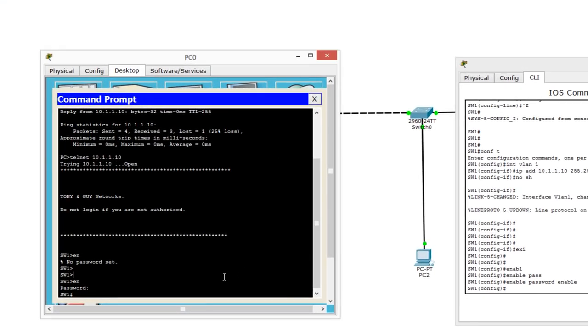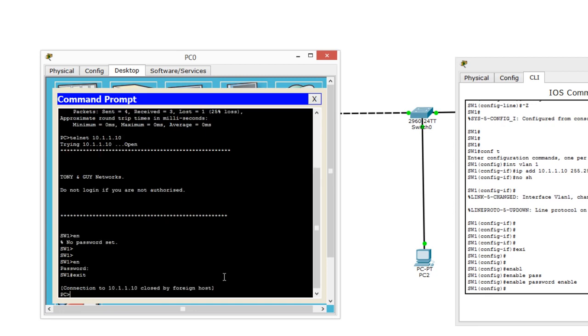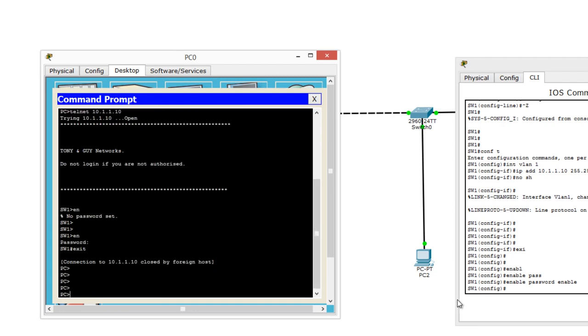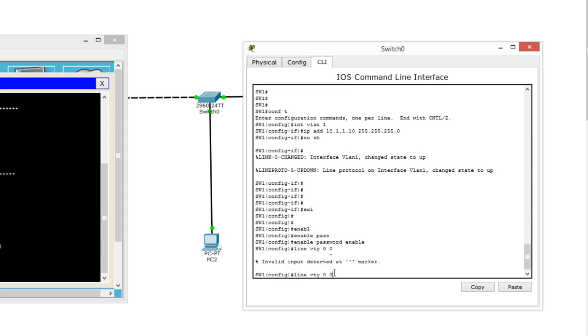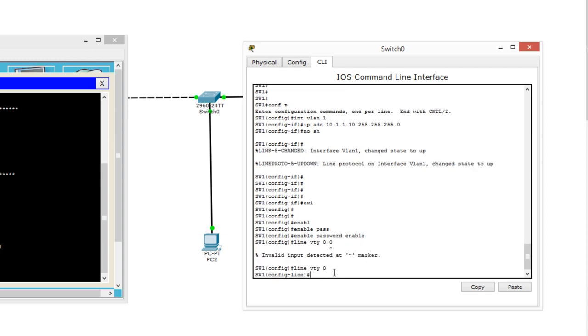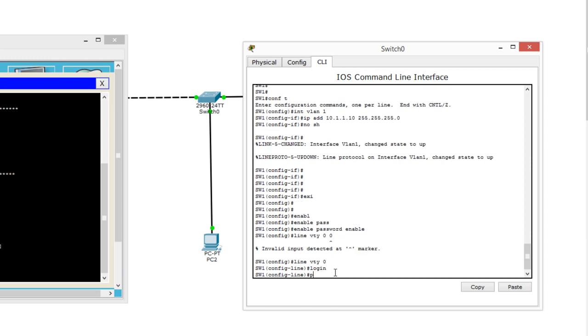We don't want this to log in without a password, so we are going to create a password. So line VTY 0, let's say we want only one line, so we say 0 to 0. Line VTY 0, what does that mean? It means that only line VTY 0, that's the first line, is enabled. And I'm going to put a password with login. Password